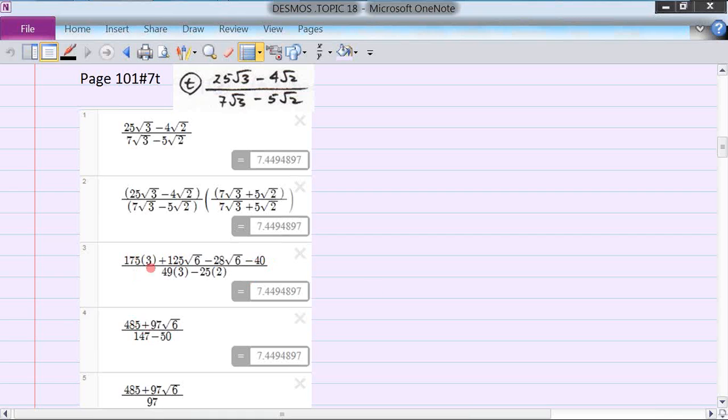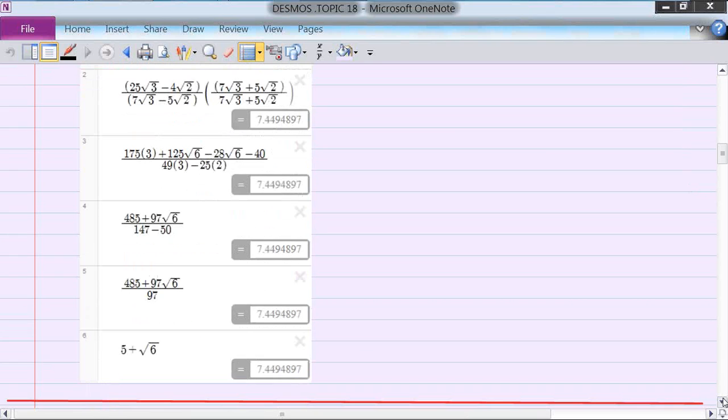So combining this term with this one, I get 485, and plus 125 root 6 minus 28 root 6 gives me 97 root 6. This is 147. This is 50. So this becomes,